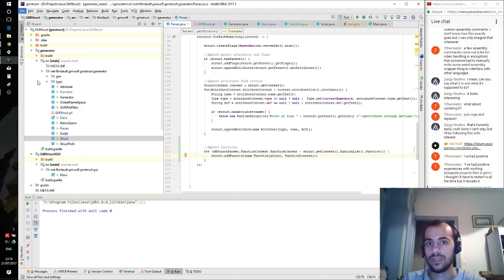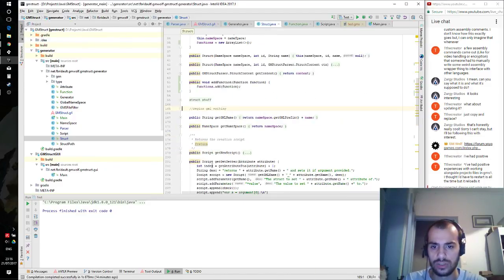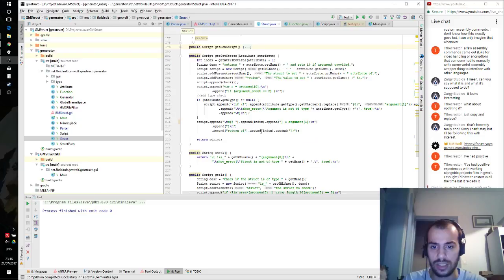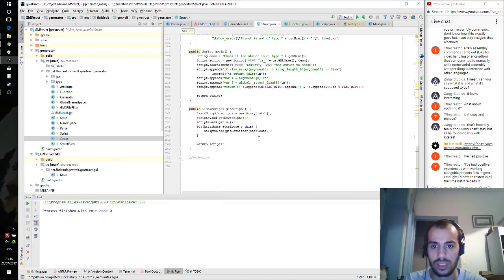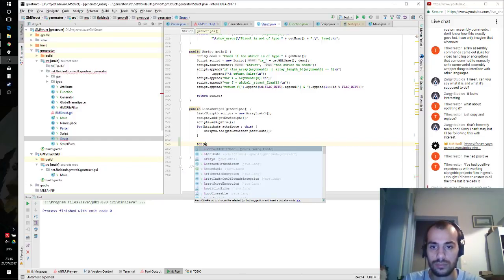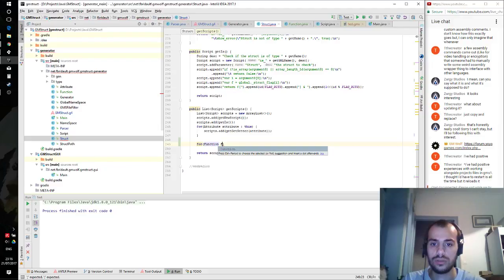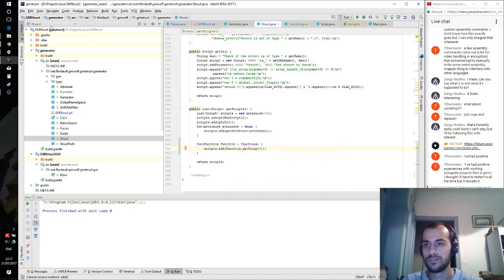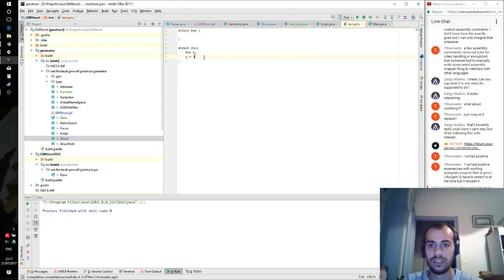I can save that and now go inside my struct, which I think has a get functions, gets new script, get setter, get check, get IDs, get scripts, which will also say for function in functions, scripts dot add function dot get script. Boom. And all we should have to do now is run this, actually edit our test with a very simple